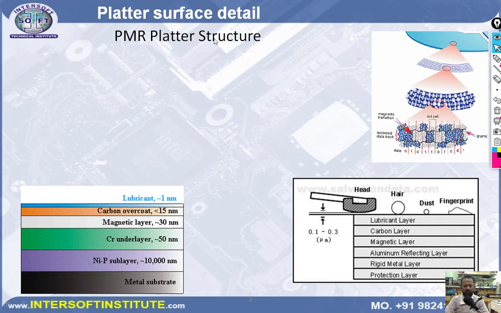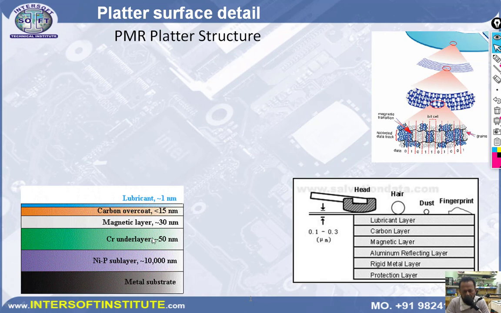Now what is a platter surface? Platter surfaces look like this. This is your platter. It has a micrometer size, but in this layer you will find a lubricant layer. The first 1 nanometer is lubricant, 15 nanometer is a carbon overcoat, magnetic layer 30 nm,